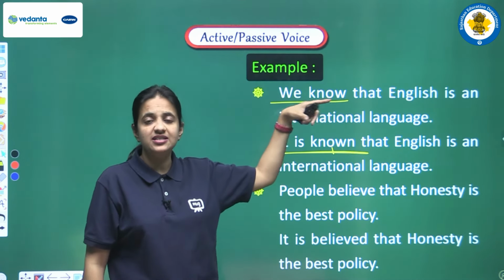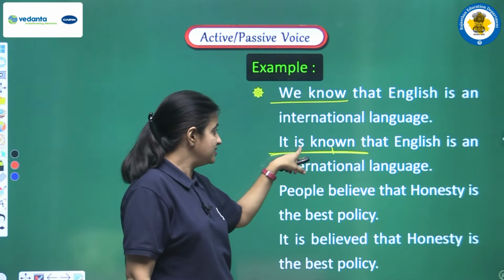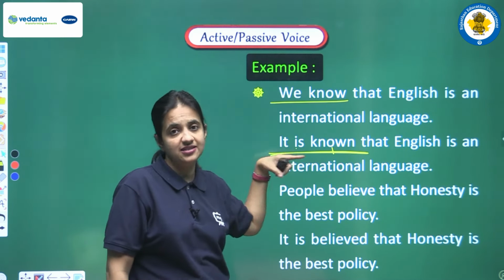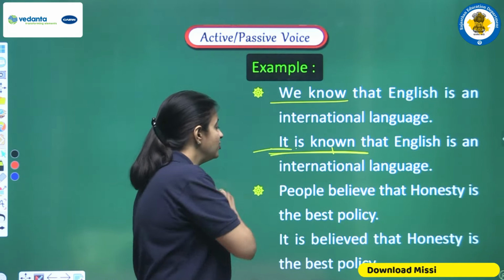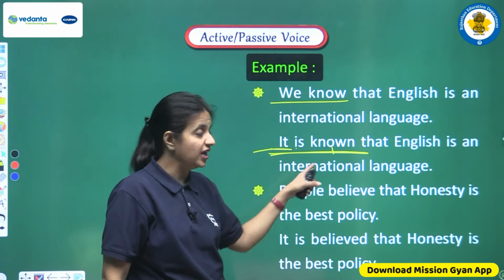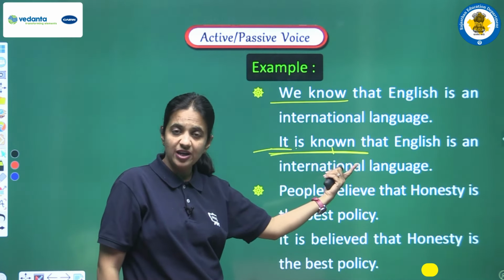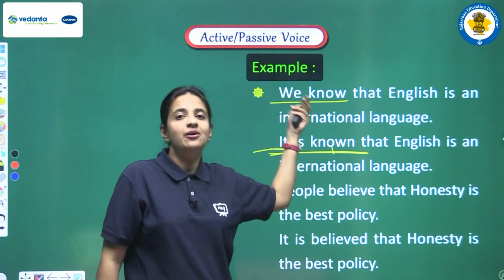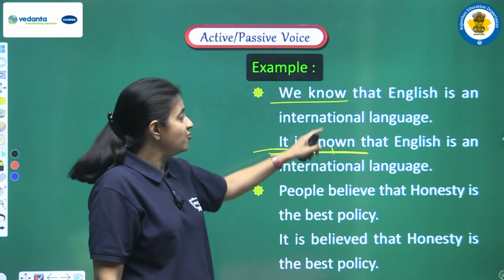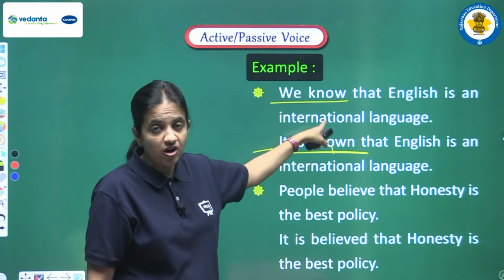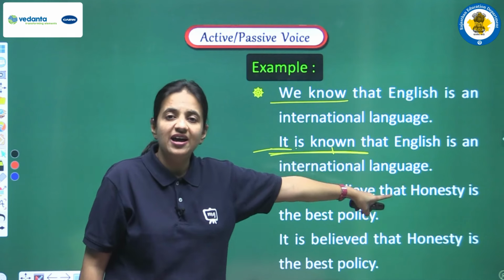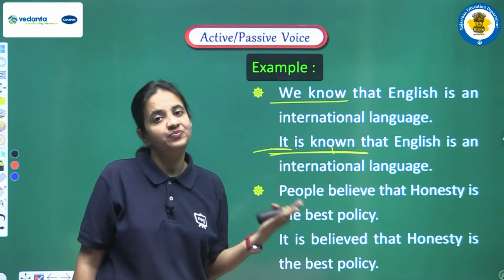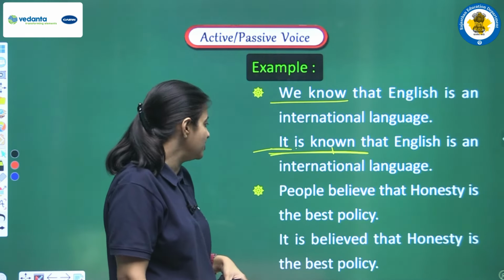We know, it means this is present simple tense, and this is the reason we are using is as a helping verb, and our sentence will start with it. Okay, and we are writing the third form of the main verb. So yes, rules will be the same, but the important thing here is that we are converting only the main clause, and the subordinate clause we are writing in the same way. Okay, more examples we are having.